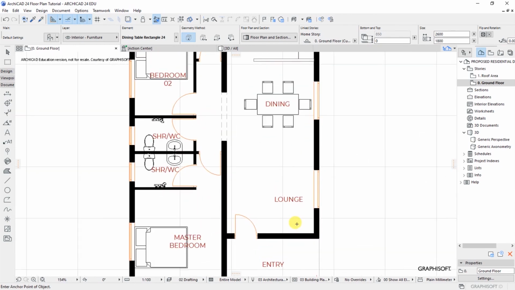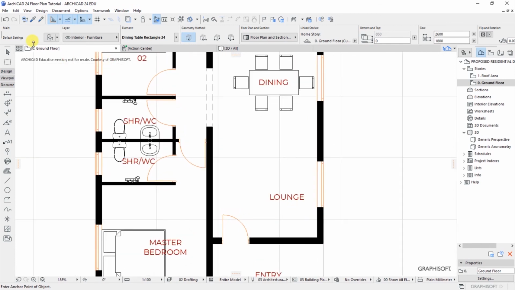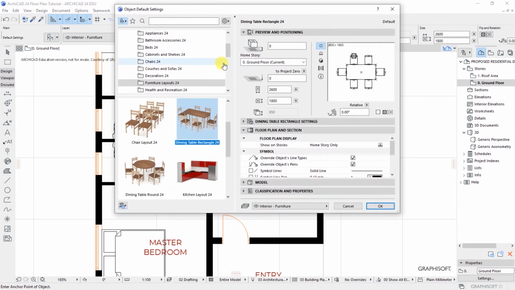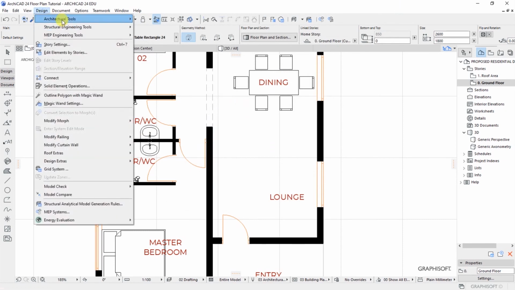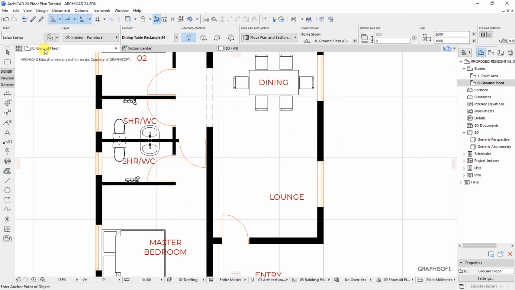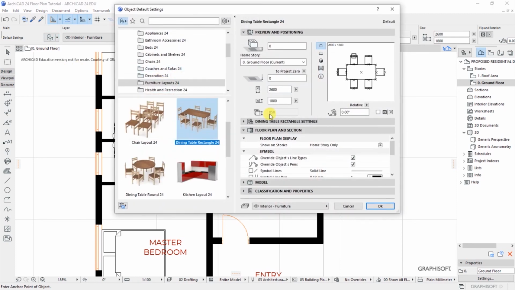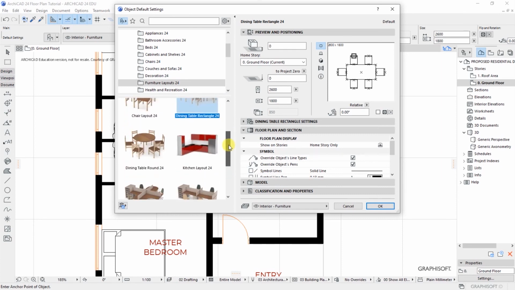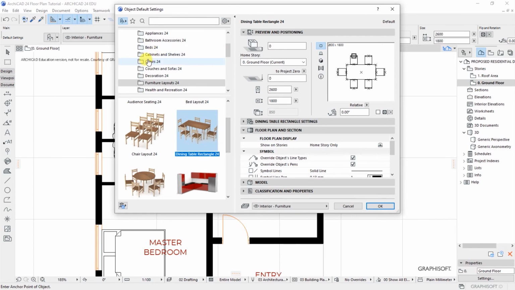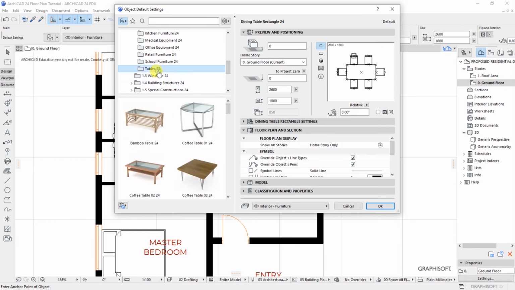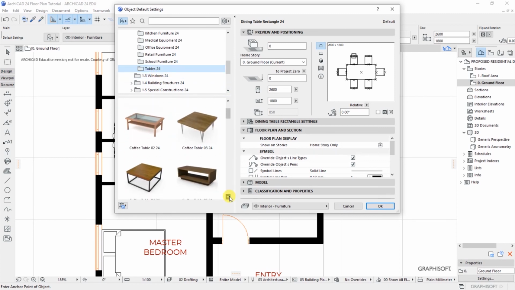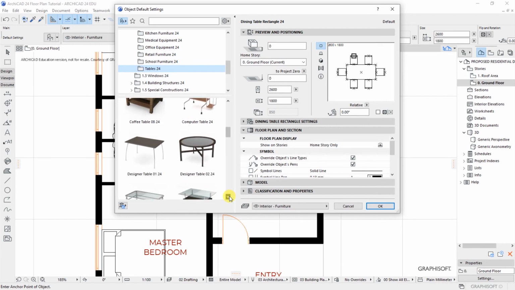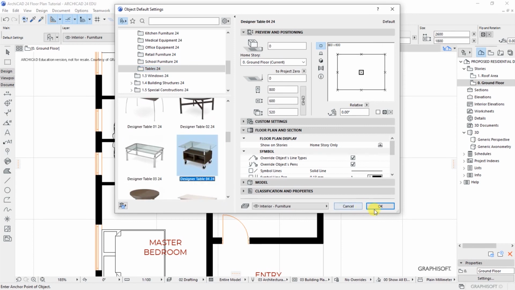So the next is furniture for the lounge. And for the furniture for the lounge, we get back to design, architectural tools, object default settings. Now we want to have a table and some sofa sets. So let's go to tables. We can have the designer table,